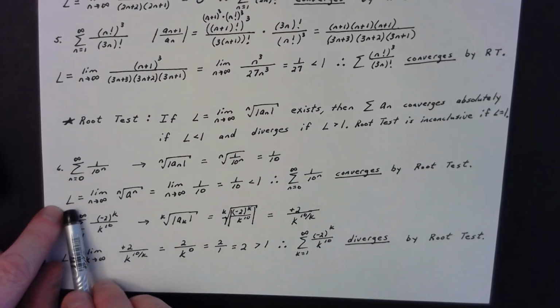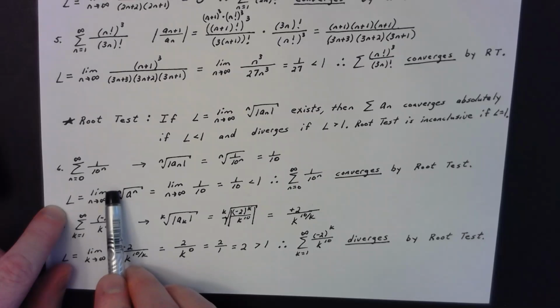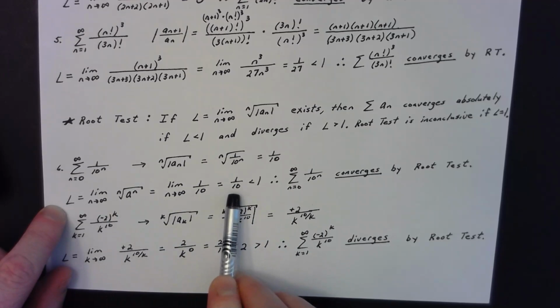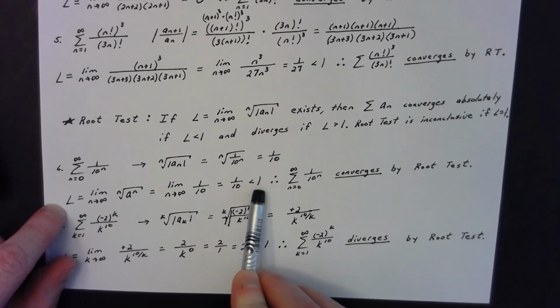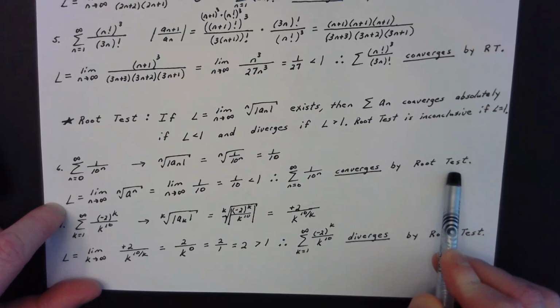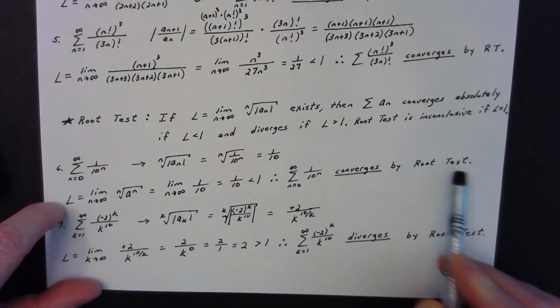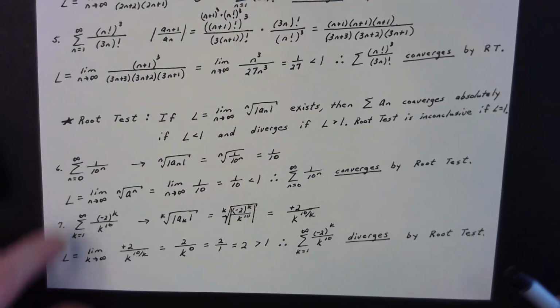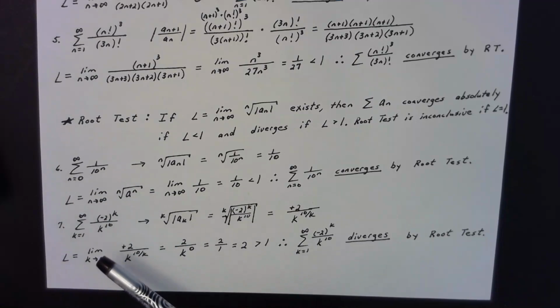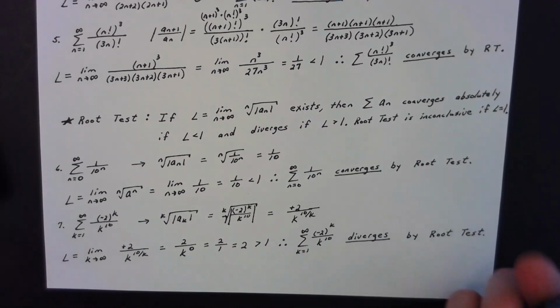Now I can say, since the limit as n approaches infinity of the nth root of the a sub nth term, didn't need an absolute value here, is equal to 1/10, and 1/10 is less than 1, therefore my series converges by the root test. That one's pretty quick, pretty easy. Now, in some of these problems, I always prefer an index of n, but some of them you'll see other indices in there. As you're working them, if you want to change whatever index you're working with to n or to i, you're welcome to.